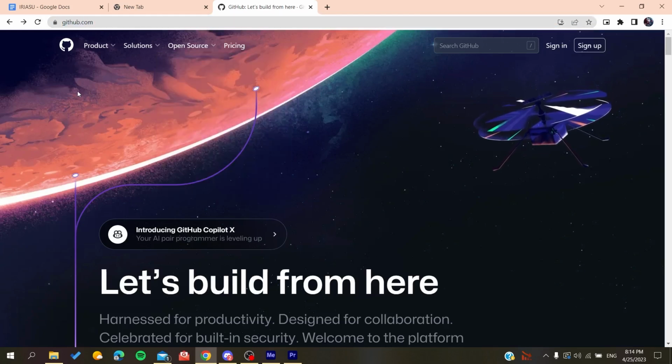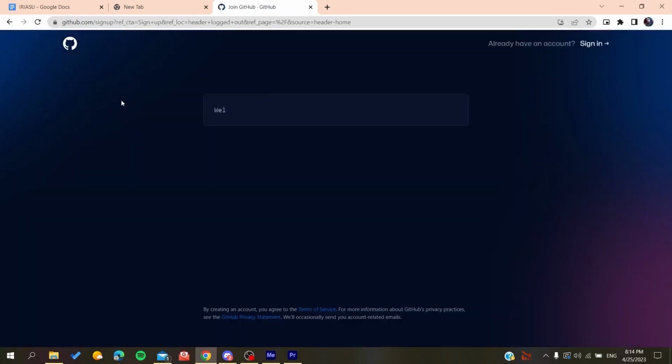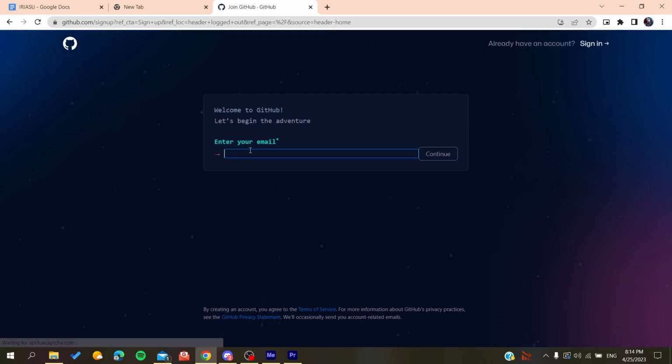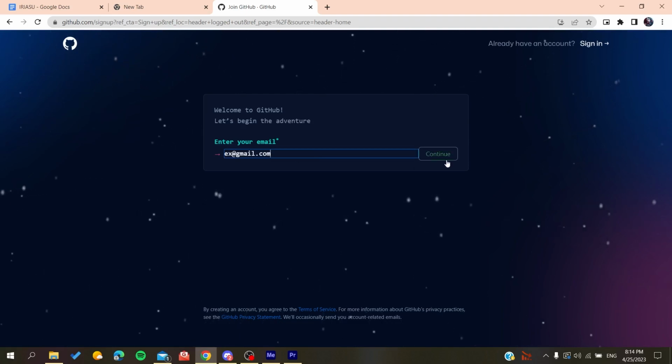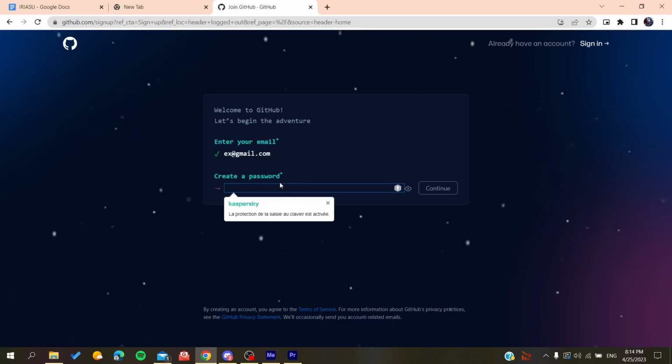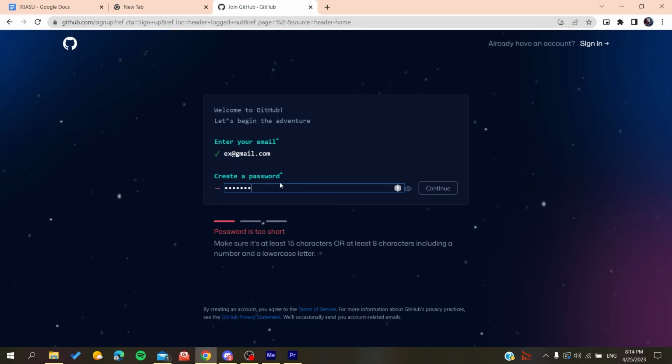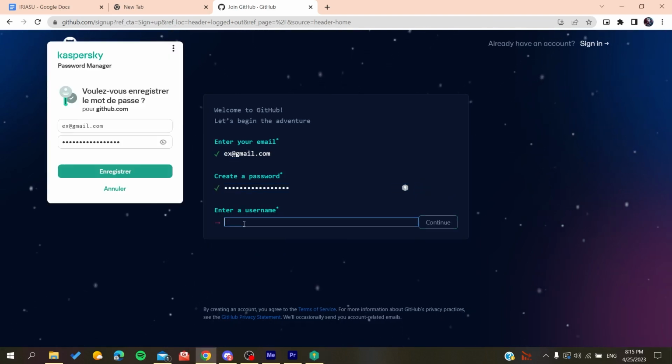And now we will need to create an account so we can use the GitHub services. So basically all we need to do is click on sign up and then it will redirect us to the sign up page. Now you will need to add your email, gmail.com or any other email that you are using. You click on continue, you create a password. So if it was anything like that, you click on continue and then you will add a username, for example